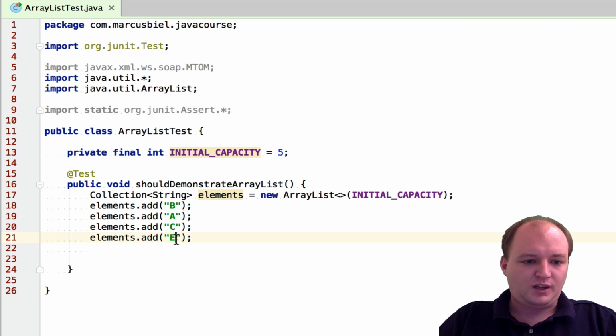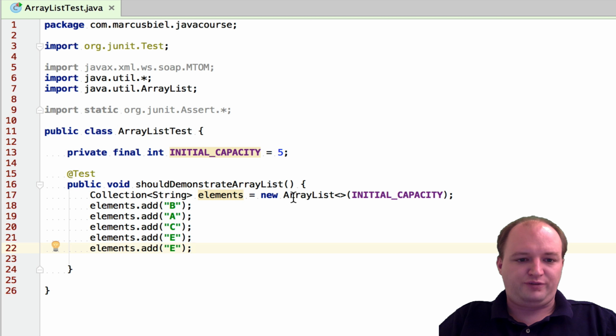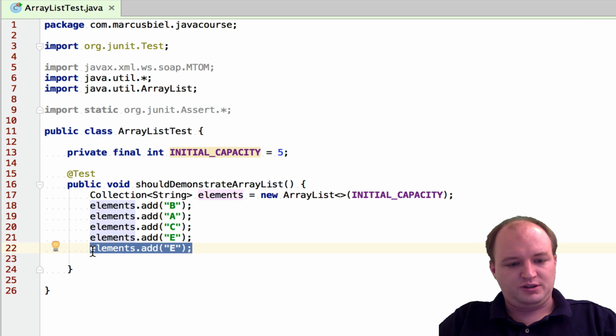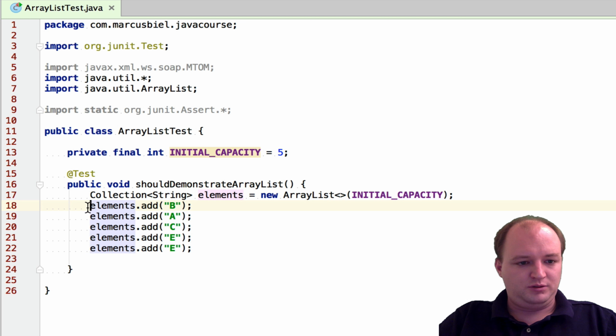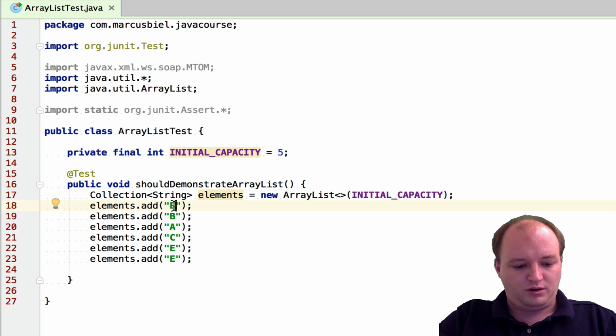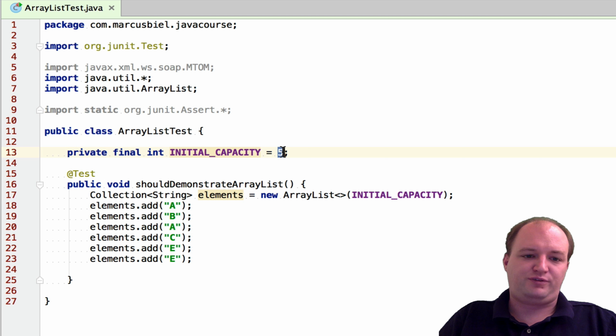Okay. And even though we have a reference variable of type collection, still the fact that we have an array list influences that we can have duplicate elements. So let's do that. Maybe I should also add one A here. Okay. And now let's count how many elements I added. 1, 2, 3, 4, 5, 6. The initial capacity, however, is 5.